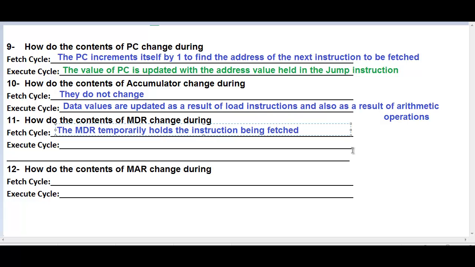So that's what happens during the fetch cycle, right? The instruction is being fetched from memory and it is temporarily stored in the MDR before it is passed on to the CIR. However, during the execute cycle,